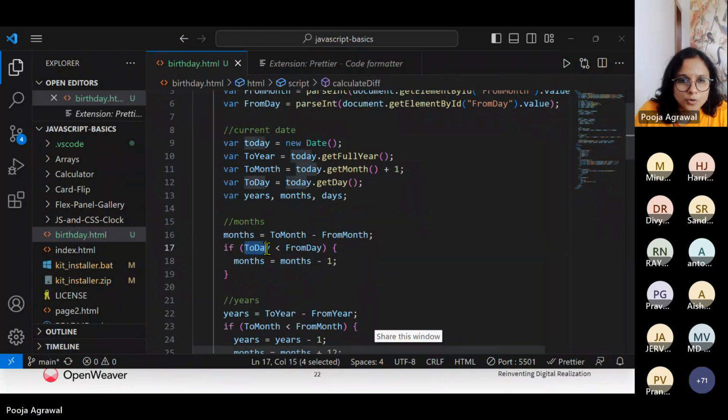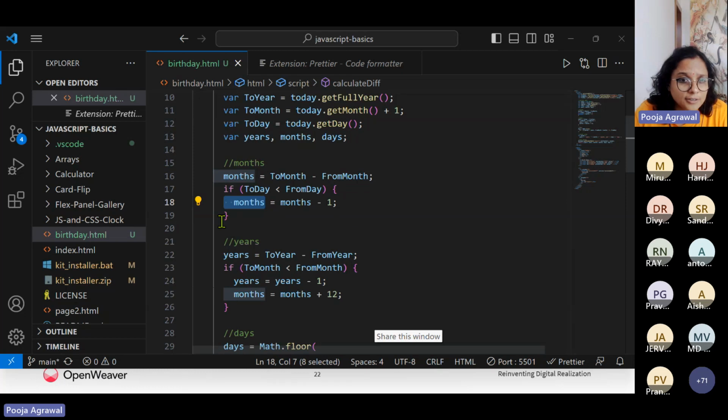If today is less than from day, if the condition is not satisfied, obviously it won't run. So then the current has to be less than the from day variable. And if that is satisfied, then months minus 1 is assigned to months. Similarly, for year, we are doing the same.